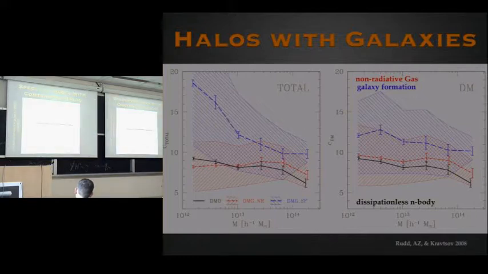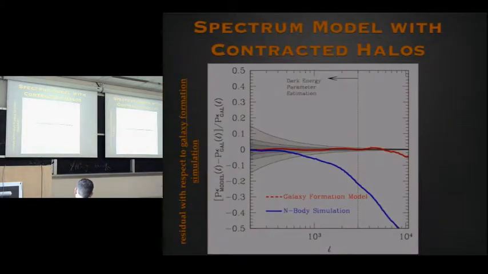And here's just a demonstration, the particular power spectrum. For simplicity, I think this is the one where I just said I had a sheet of sources at z of 1, okay, and modeled it. But basically the point here is, well, I should say actually, I've now inverted the plot, so I'll have to explain. Now this is a residual with respect to the galaxy formation simulation, whereas before it was with respect to the n-body simulation. Okay? So now this galaxy formation simulation that used to run up on this plot in relative power spectrum is now the 0. Okay? So the n-body simulation now is running down. It's the opposite of what I showed in the earlier plot.